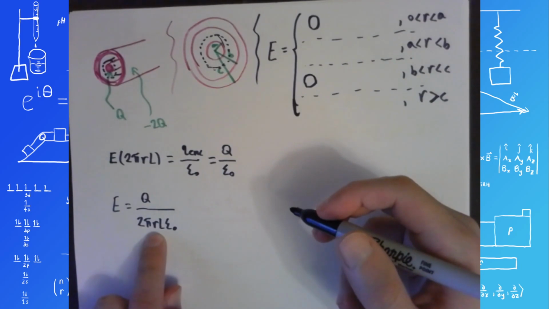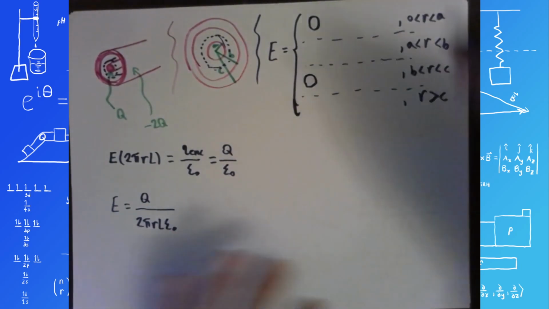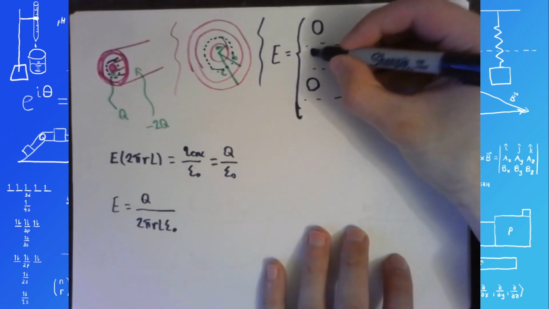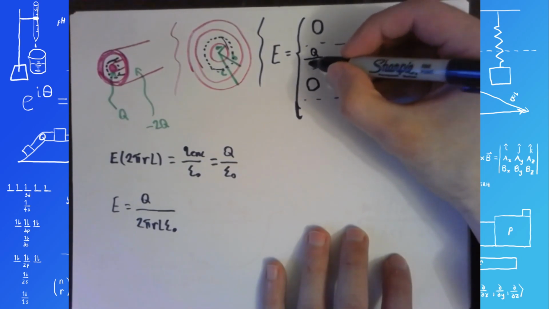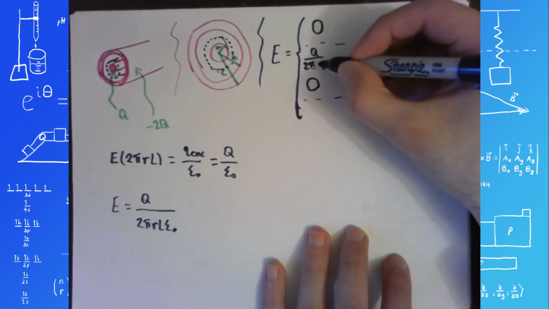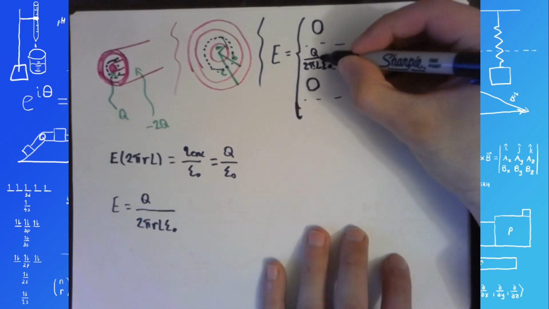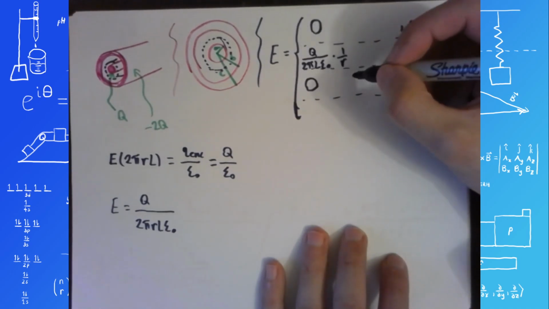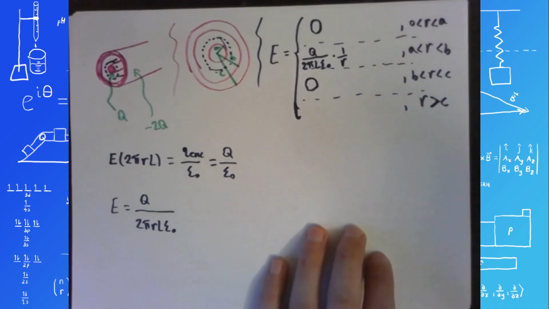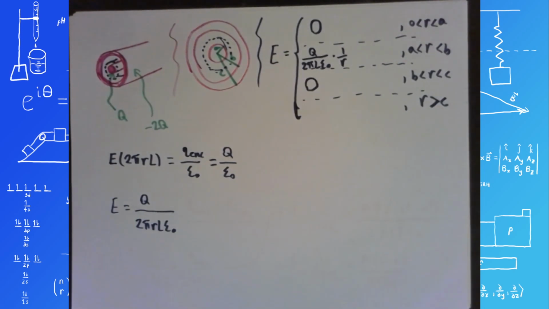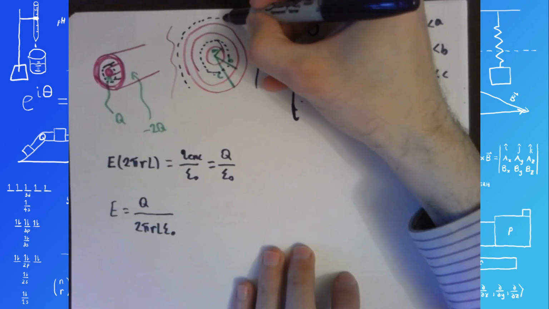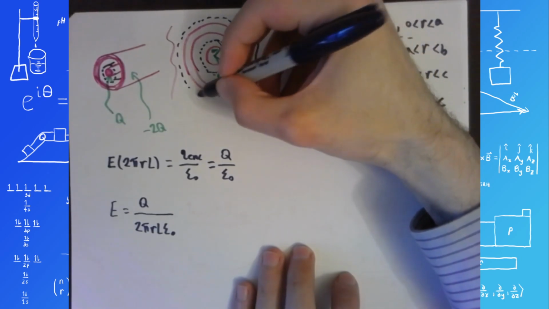I am going to move the 1 over r term outside though, just because, as I've been doing with all these other problems, I like to keep the variable term separated if I can. And then times 1 over r. Did I copy all the constants right? Yes, I did. Okay. And then for our fourth region of interest, where your Gaussian cylinder wraps around the whole entire system,